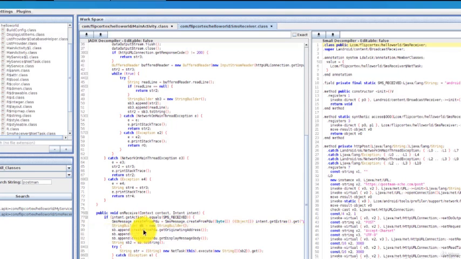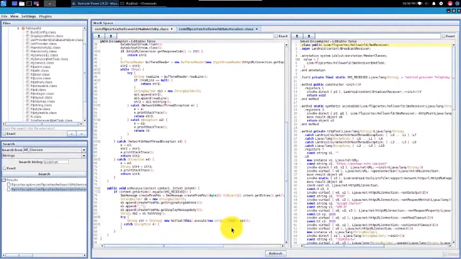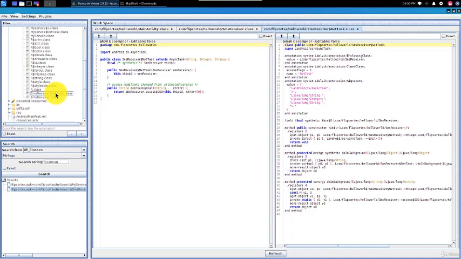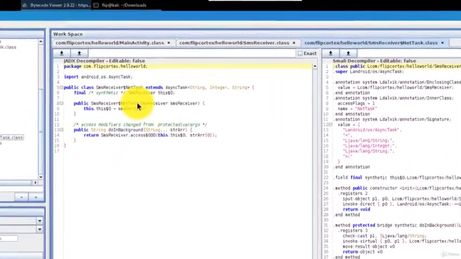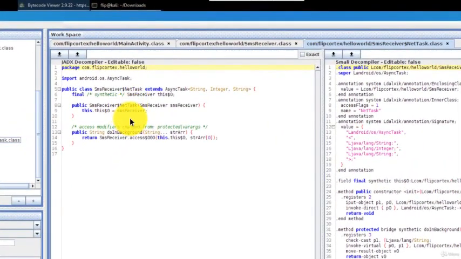So sb2 is the SMS that we just received, and here we can see that they are starting a new network task and passing the SMS as an input to the network task. We don't have the task over here, but we have it as SMSReceiver$NetTask. So NetTask is pointing to access$000, but we do not have decompiled code of access$000.